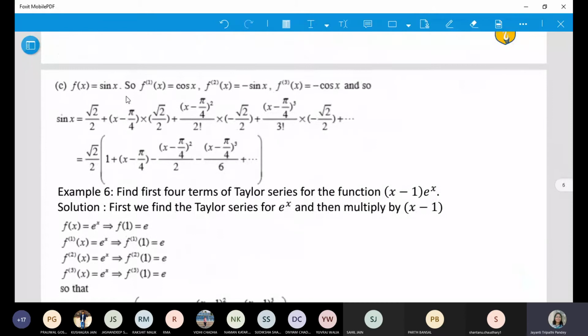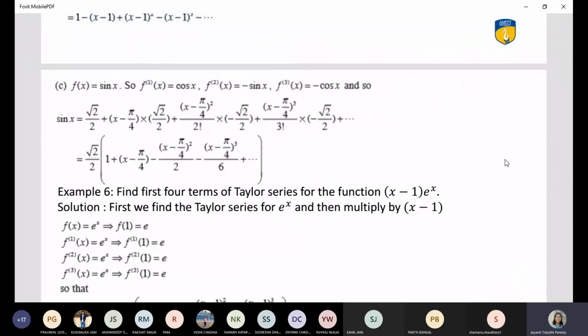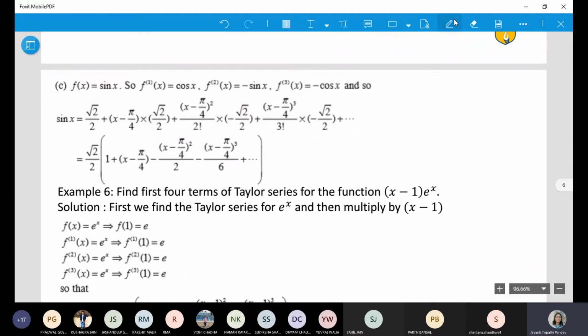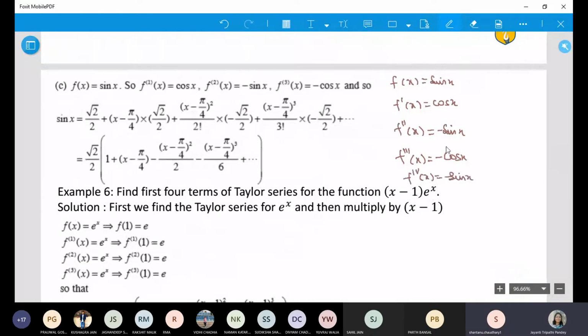See this. First thing, you will use differentiation, and then you will use the values after differentiation. It is done in short, but I hope you can make out. f(x) is sin x, f'(x) is cos x. We did this in the previous question. I'm doing till fourth term, and then the values are being repeated.